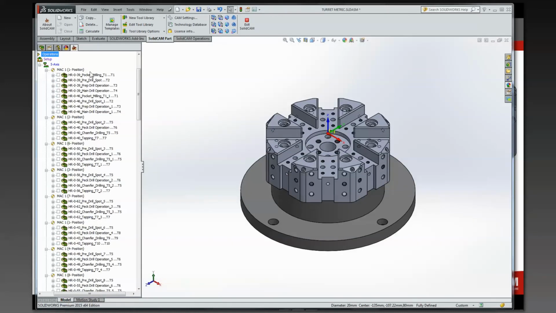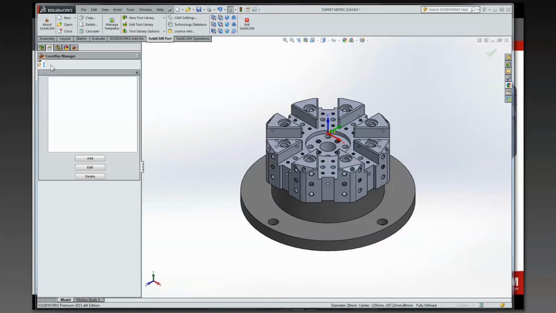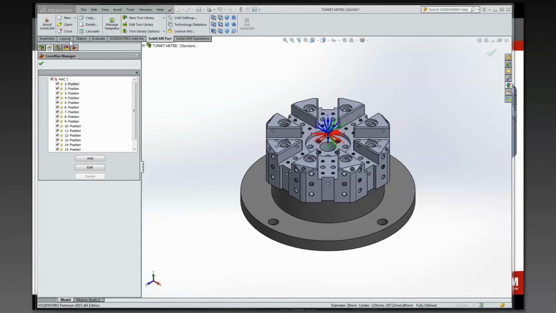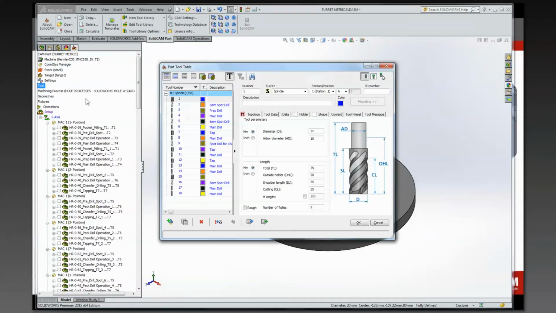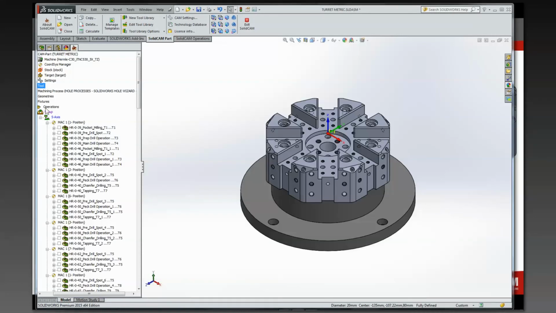How about that, guys? Look at what it has done here. It automatically assigned all my work positions, and with a unique little default setting, we can automatically assign them all to CoordSys 1. So we don't have to worry about them all being placed all over the place. We get them coordinated where we would normally use them for a 5-axis operation. It also created all the tools that I need. So then when we go in here,